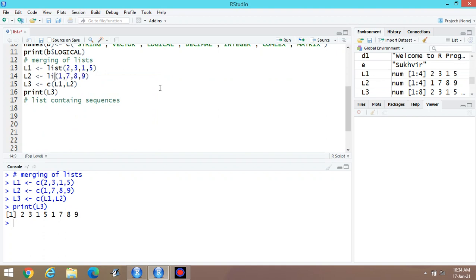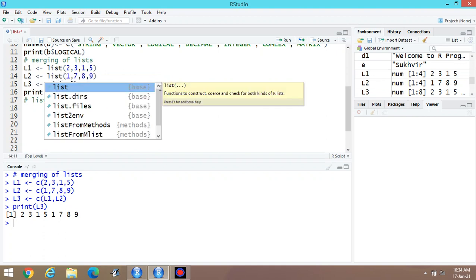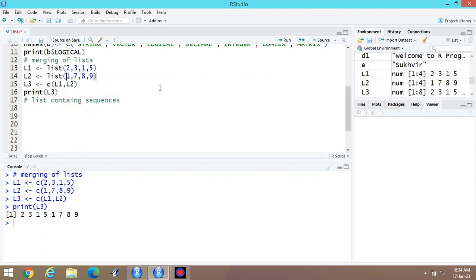Here also list is required. Suppose I am merging two different contents, alpha, beta, gamma.